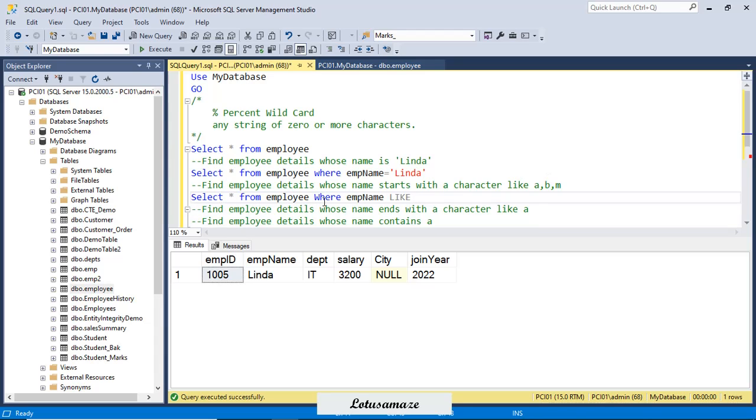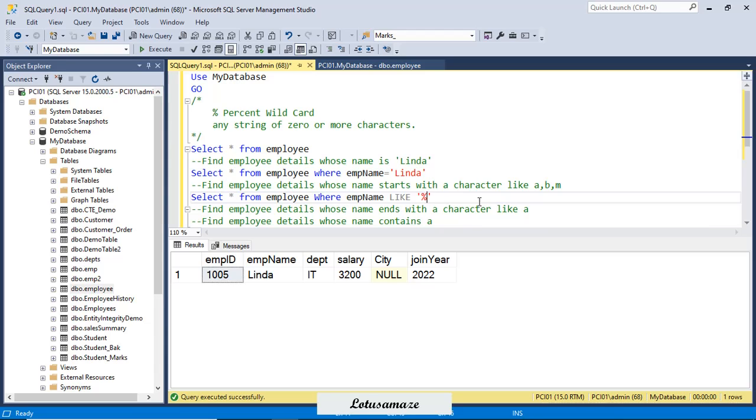SELECT star FROM employee WHERE column name, then the LIKE operator. After that the pattern, which should be within single quotes. Now I have to use this percentage sign.